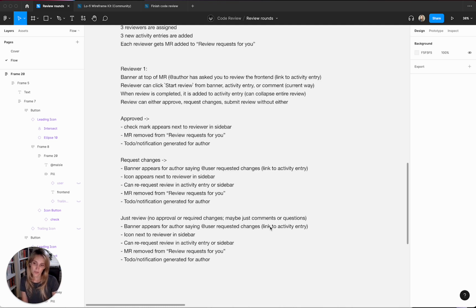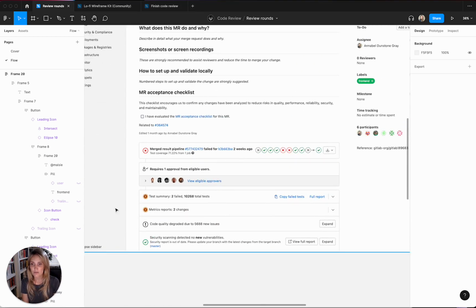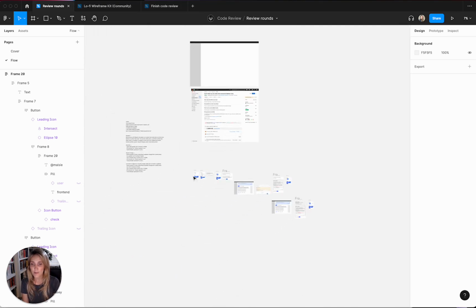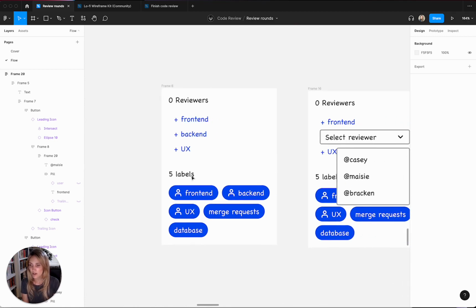So in this scenario that I'm going to walk through, an author has created a merge request, and they are going to assign it to 2 reviewers for review. The basic layout of the merge request is the same as it currently is in GitLab. So to start with, let's say that an author has created a merge request and they're ready to have it assigned to